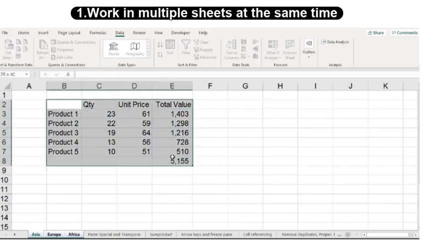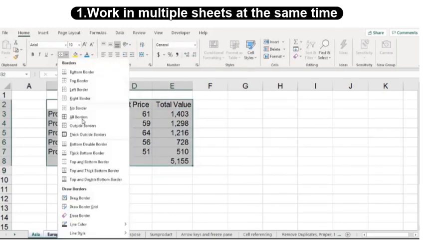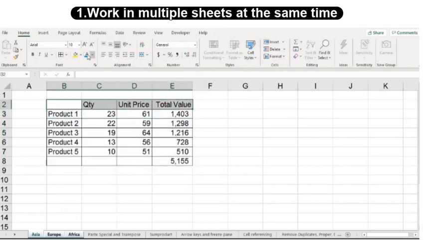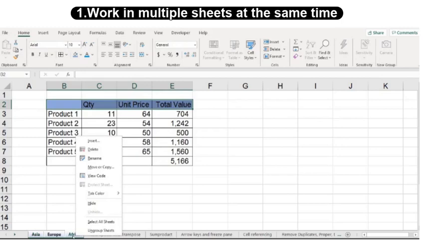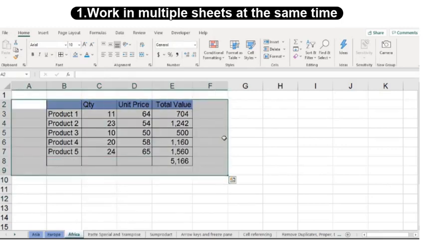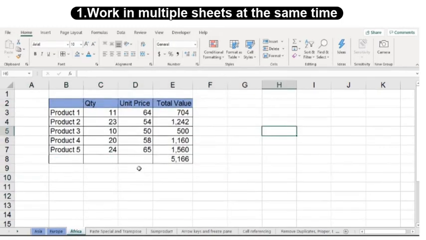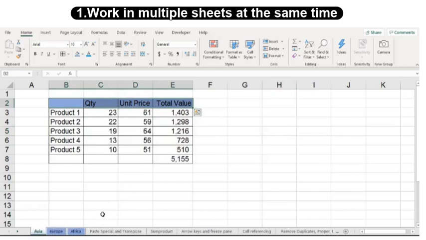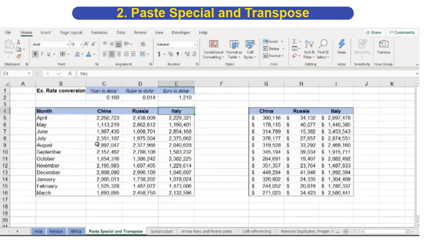And you apply the formatting also to the first sheet. Then you right click on one of the sheet tabs and select ungroup sheets. Now you can see the same formula and the same formatting has been applied across all the selected sheets. Point to remember here is that the columns and rows have to be similar across all these sheets for this to be applied.